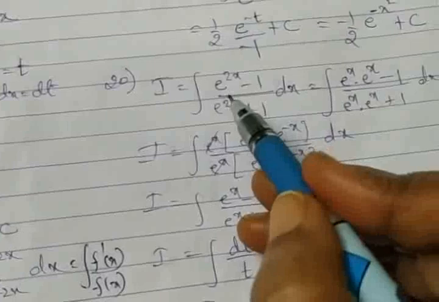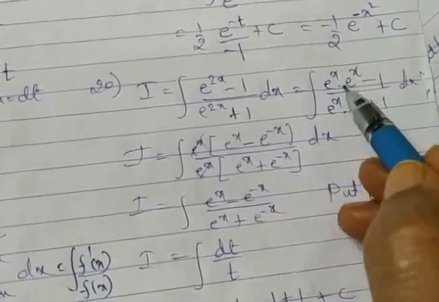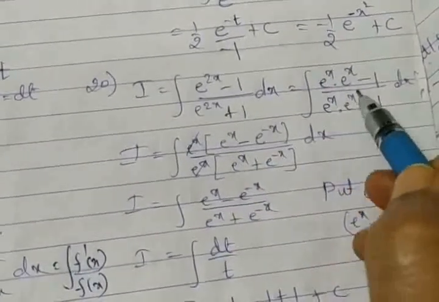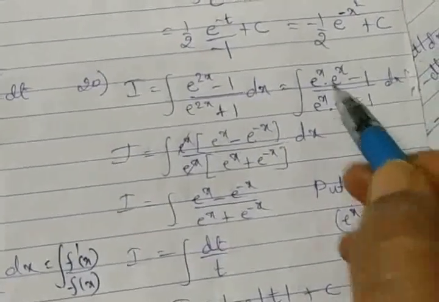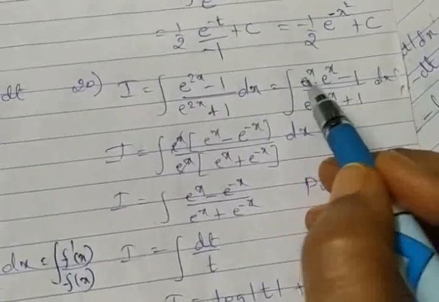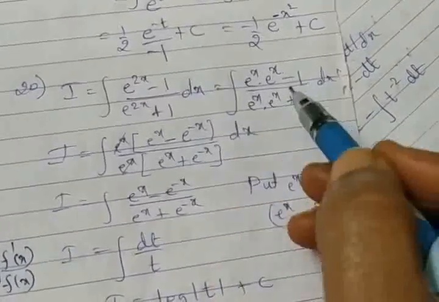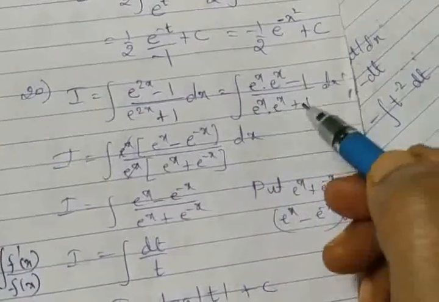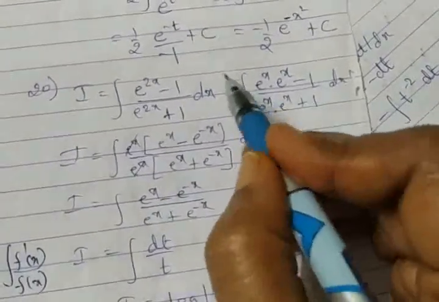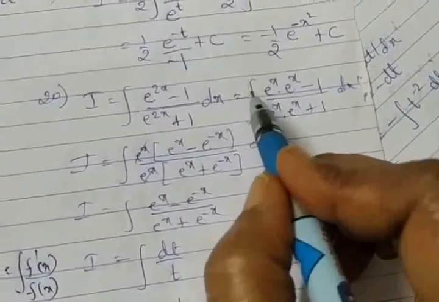So to fulfill the requirement, a small modification is what we have done: e raised to 2x, I can split the term as e raised to x into e raised to x minus 1. Denominator, e raised to x into e raised to x plus 1. Quite tricky, you can mark it over there, put a star over there, which shows that you need to remember this modification. I repeat, this modification you can't guess easily, but as you solve the same question again, you can remember it. So this is a unique modification. Put a star over here so that while revising the portion, you have a glance at this step what you have done.